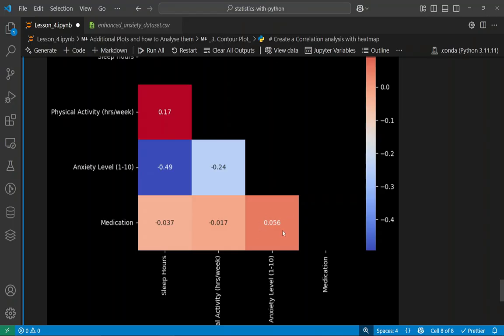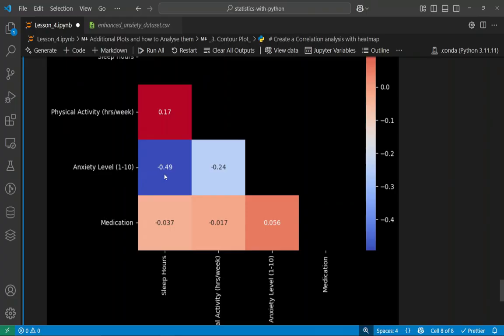We have some positive correlation, but this is a very weak one, so we will also not discuss it because this is 0.056, even weaker than this one. So this is absolutely no correlation at all. But we have these two correlations: this one is a weak correlation, and this one is a moderate or maybe a little bit high correlation, but it is negative. So let's discuss this one.